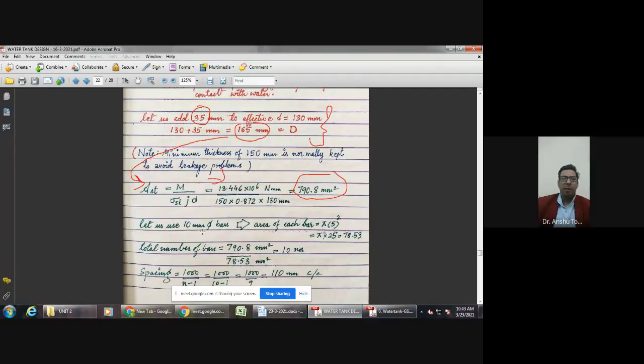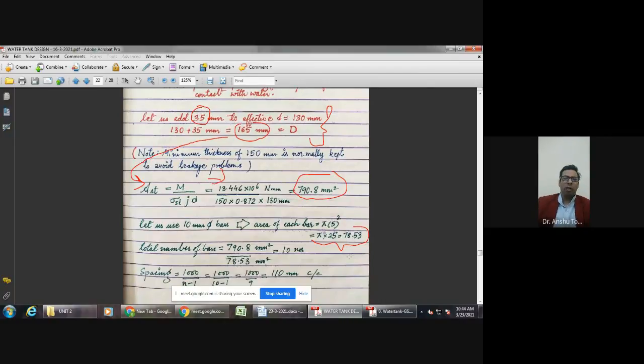अगर हम 10 mm 5 bars लेते हैं, what is the area of 1 bar of 10 mm 5? Again pi r square. 10 5, that means 10 is the diameter. तो radius कितना हो गया? 5 mm is going to be the radius. That is why pi r square. Pi r square is pi 5 square, pi into 25. This is the area of 1 bar of 10 mm dia.